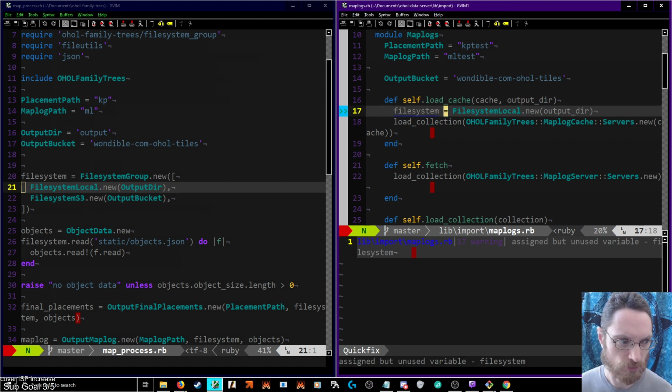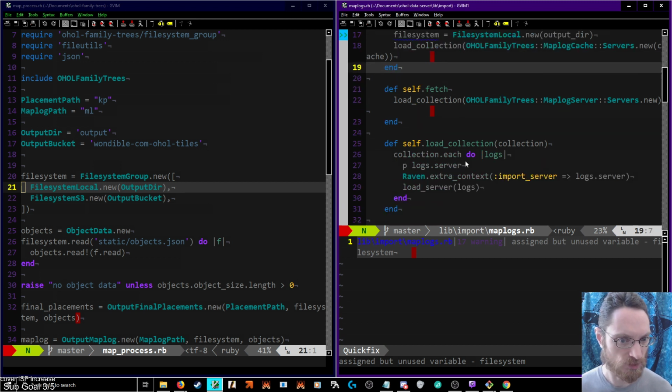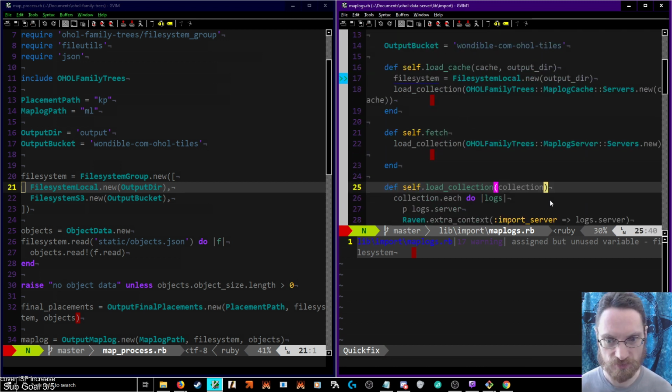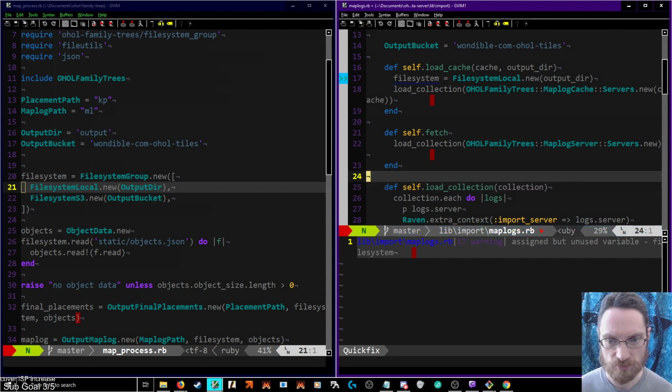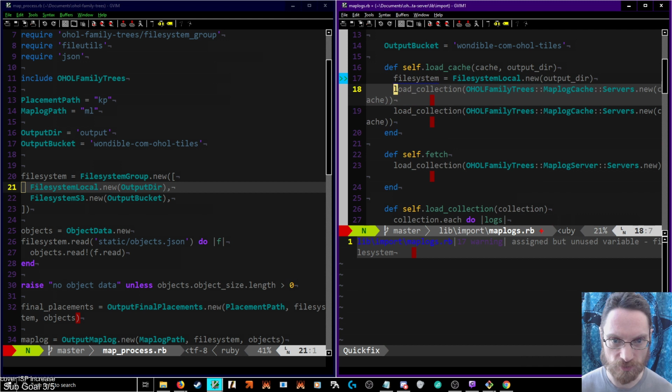So load cache and use local file system. Whatever we do with that, so actually, for keeping things straight here,